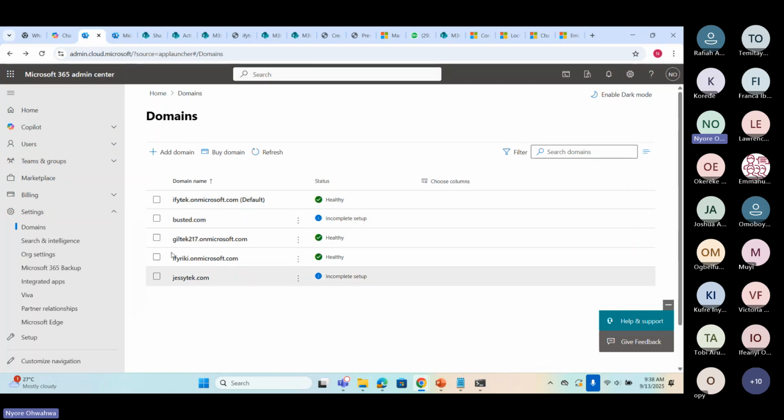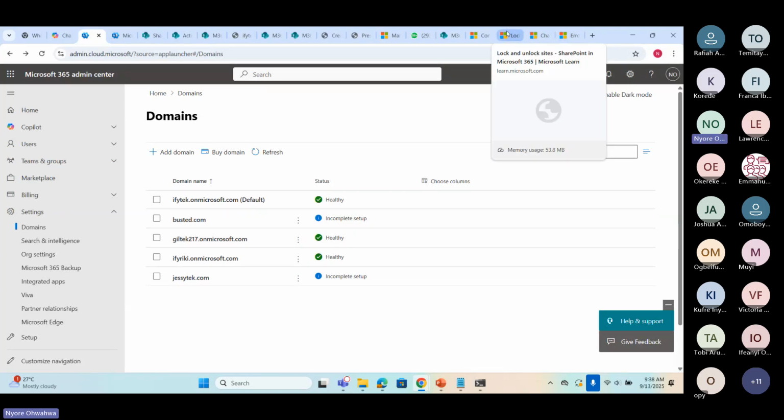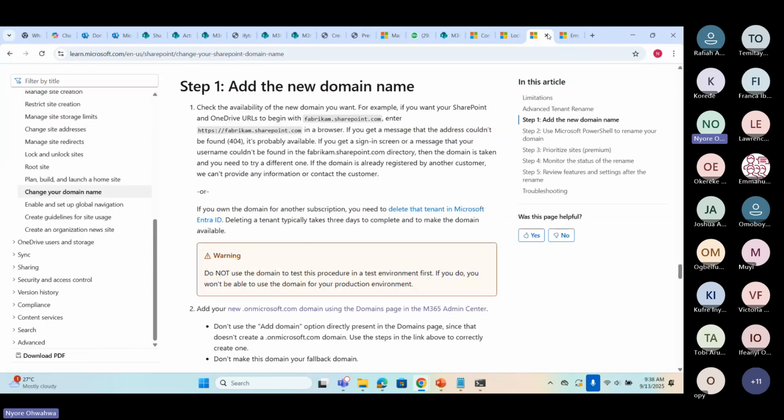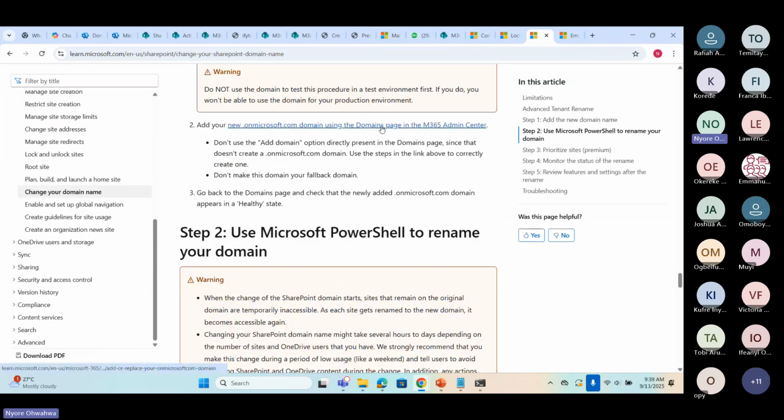If I want to change my SharePoint domain name to busted.sharepoint.com, I have to add a new domain of busted.onmicrosoft.com. That way, I can change my domain name. If I do not do that, if I run the command, I'm going to get that the domain name is invalid, right? So that is that for that.